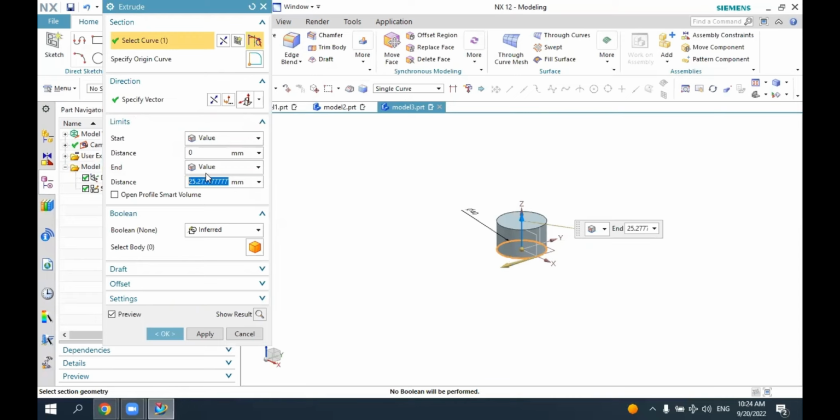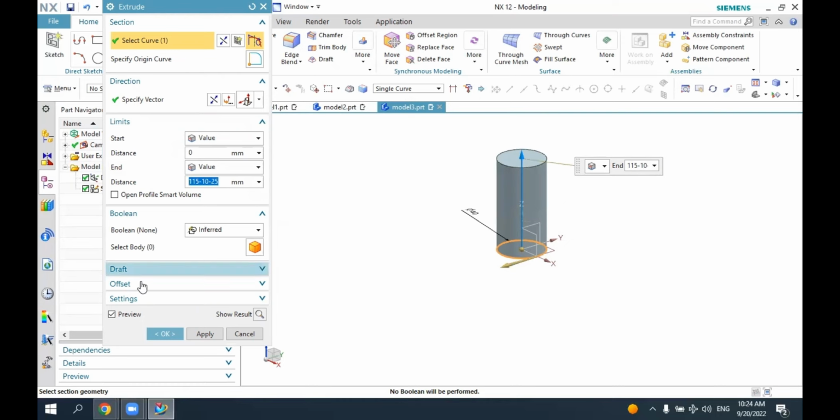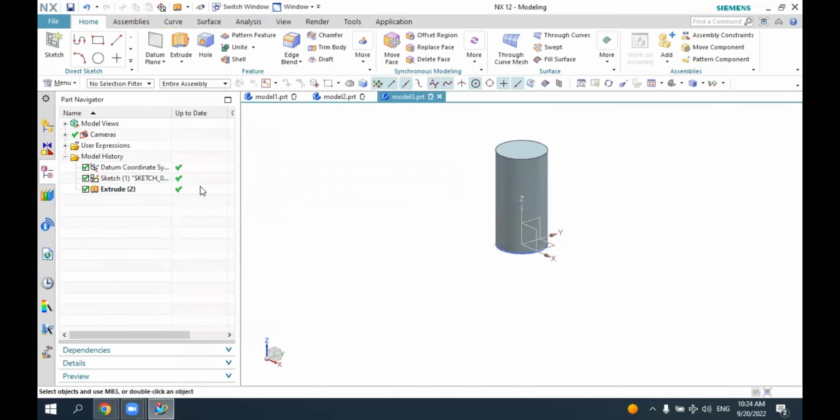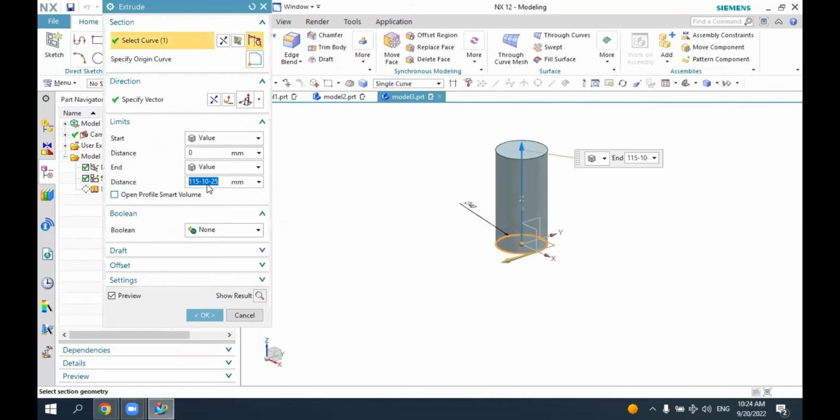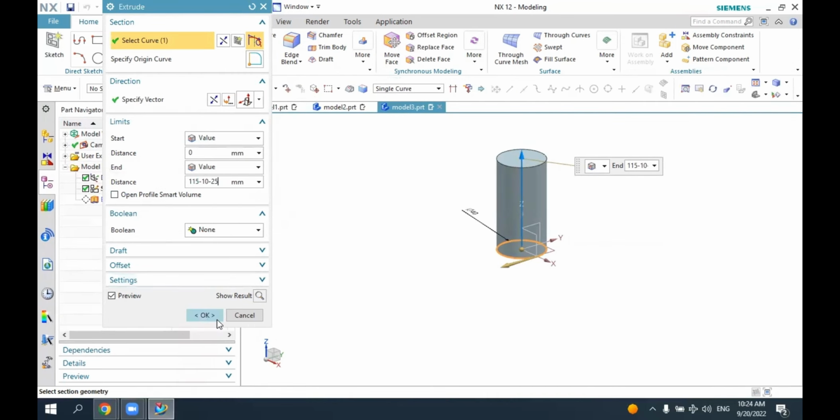Let's define the distance as 115 minus, you can write that as a formula, 110 minus 25. I am taking the sketch, so I extruded into this distance, so it is the distance of this. So yeah,